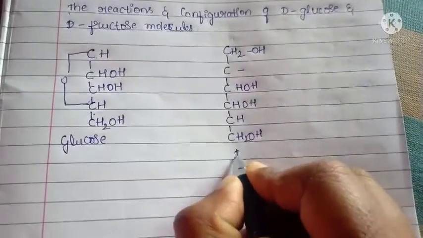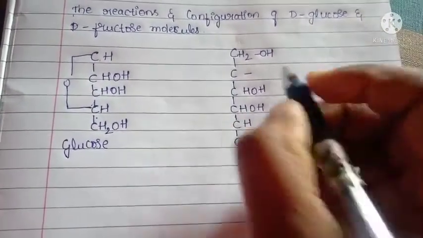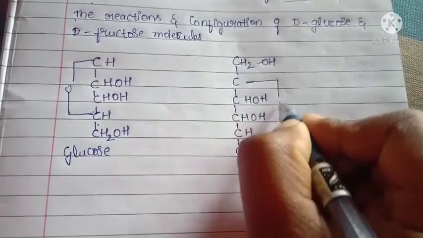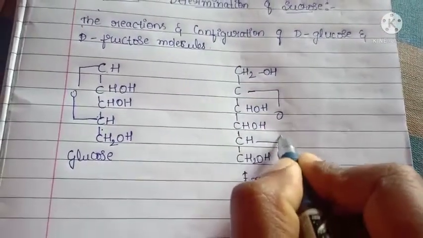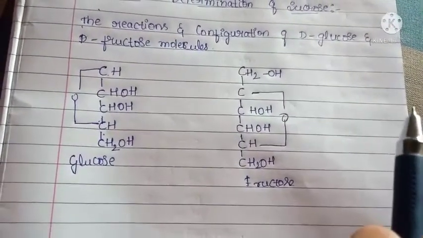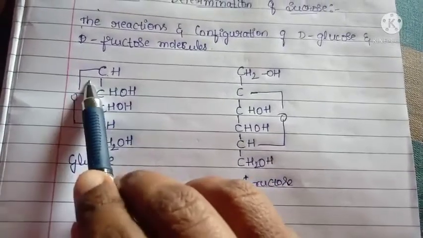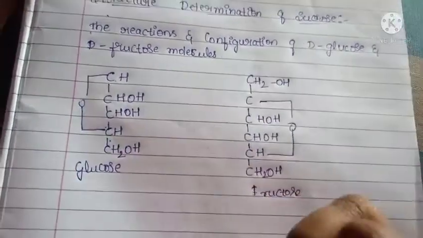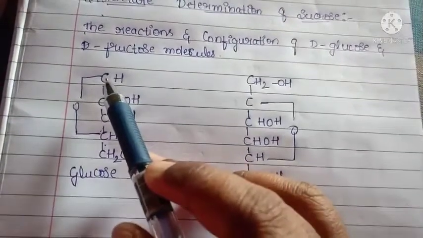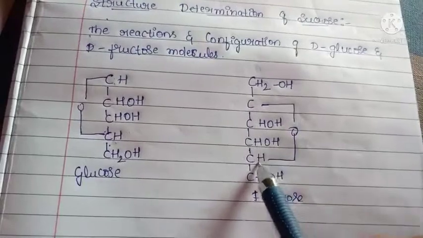This is the fructose. Here also the glycosidic linkage between the C2 and C5. Here you have to observe, first the glycosidic linkage should be formed between itself only. In the glucose C1 and C5, in the fructose C2 and C5, and